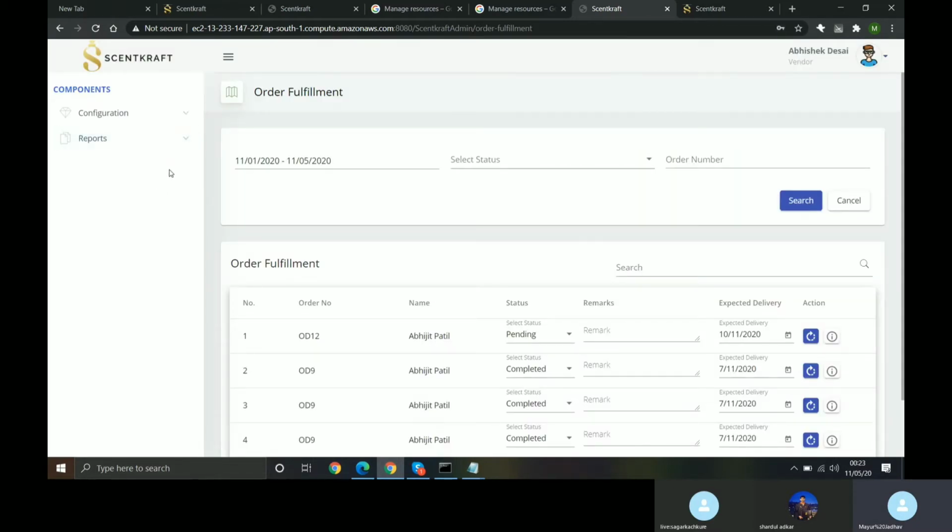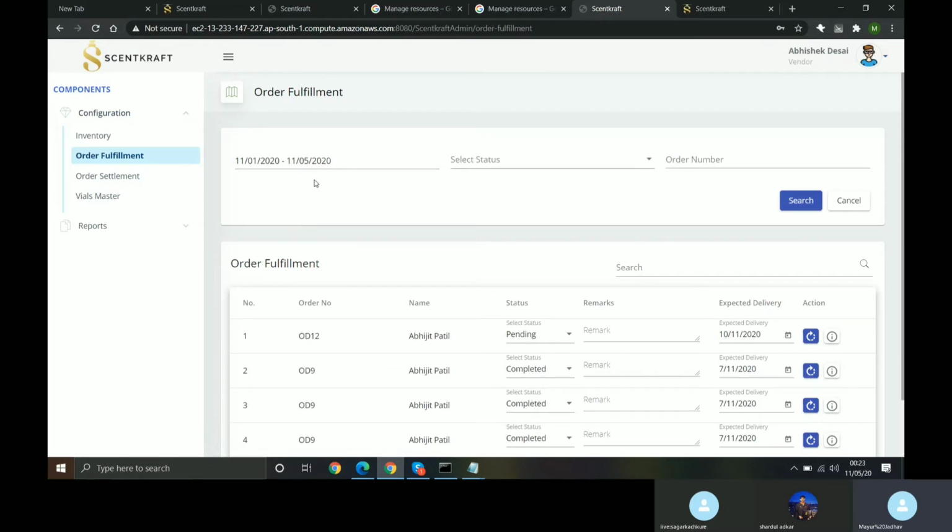I'll just give you a brief overview of the things that you could do at this portal. One of the things is you can update the inventory. You could see the order fulfillment, the orders that have been placed. You could see the order settlement, whether the order has been settled with Sendcraft or not. Also, you could see various reports like the product report. Okay, so let's begin with order fulfillment because here you'll be spending most of your time.